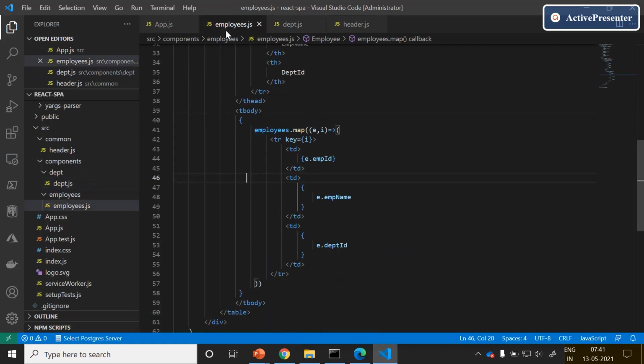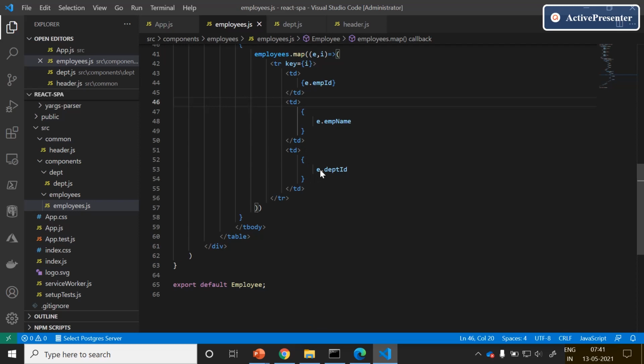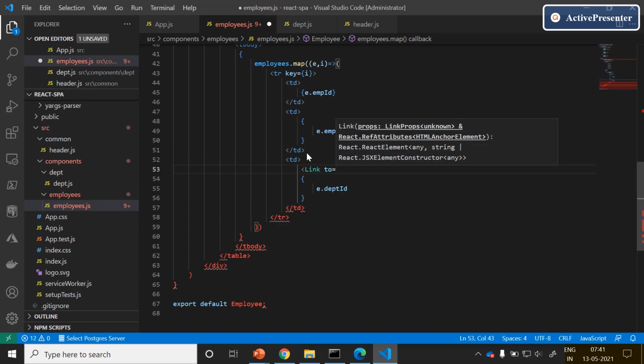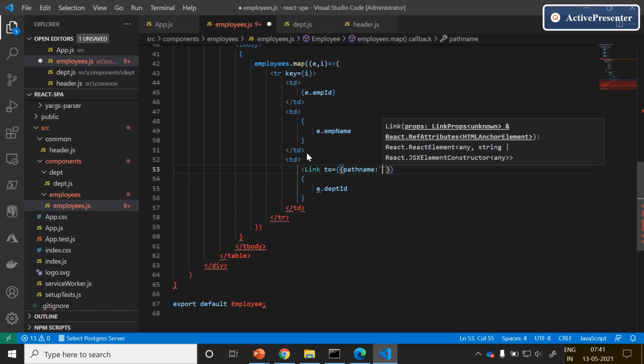Come back to employees.js. Here, at the department ID, start adding a link which will help us to navigate to the path name with the escape characters, slash dept, slash dollar, and try to pass the department ID as a parameter.